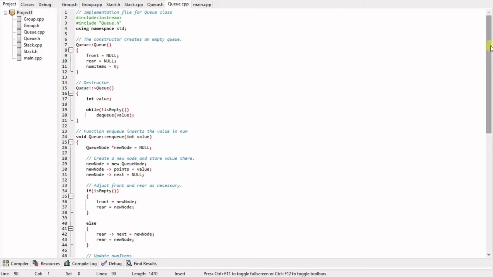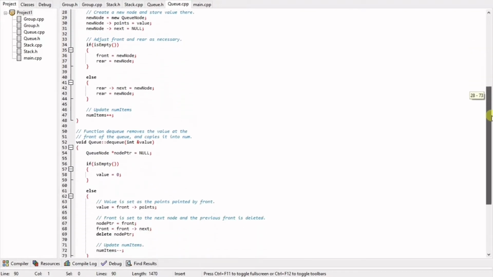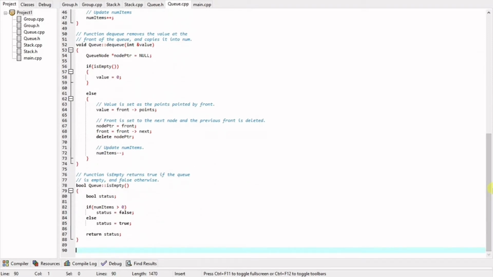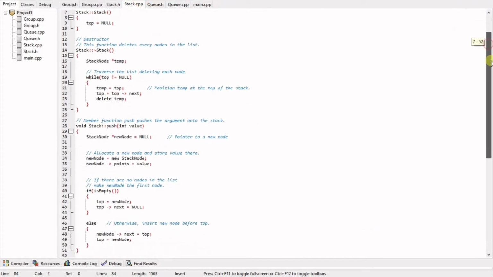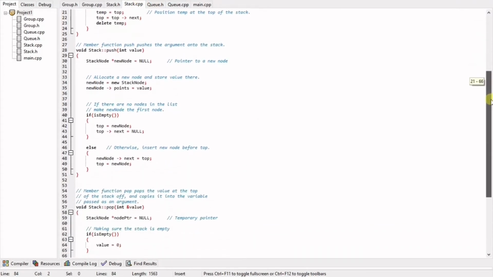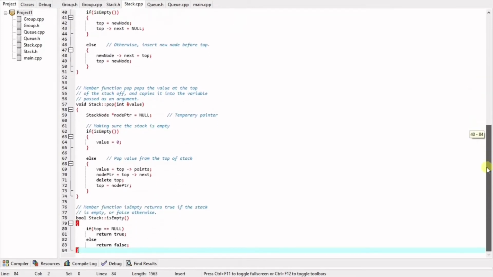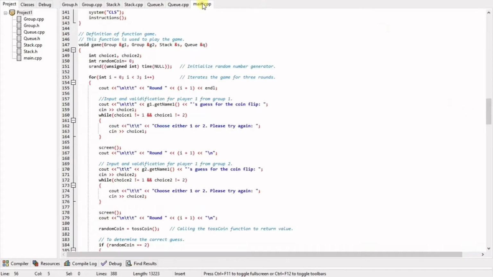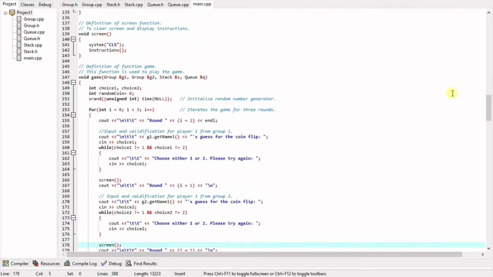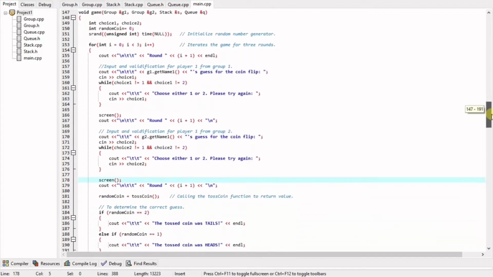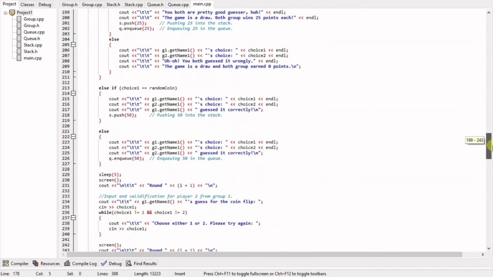We can put this in a simple way, where the queue data structure as shown here, and also the stack data structure as shown here are being used to store the points collected by the players. Different types of data structures are being used by the group to fulfill the specification required in our program. So now moving on, the process repeats. Once everyone has played, as you can see here,